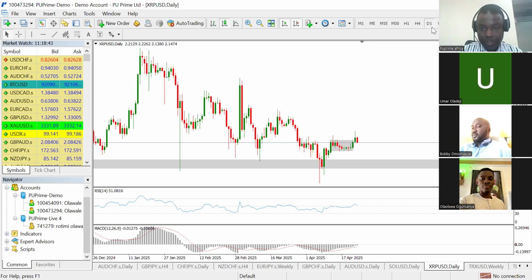All right, so this is the daily time frame. We're seeing an inverse head and shoulder, which could lead